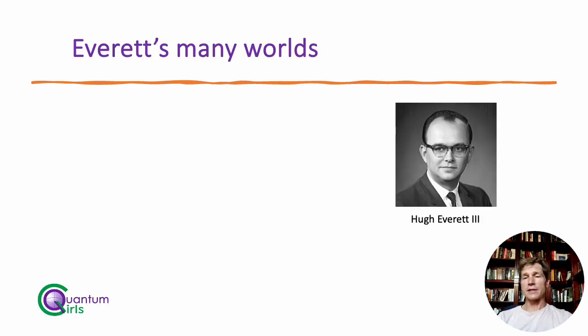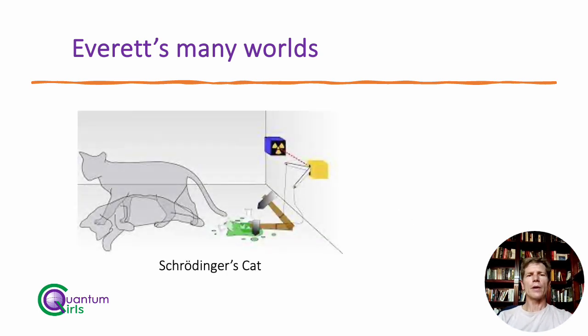So Everett's theory, Hugh Everett III's theory, was that maybe there is no measurement collapse. He proposed that maybe the superposition just does continue to build up and up and up. And we have the famous Schrödinger's cat paradox, which Erwin Schrödinger proposed at the time to show how absurd it was to think that these quantum effects would scale up. But this is a good example that demonstrates Hugh Everett's thinking.